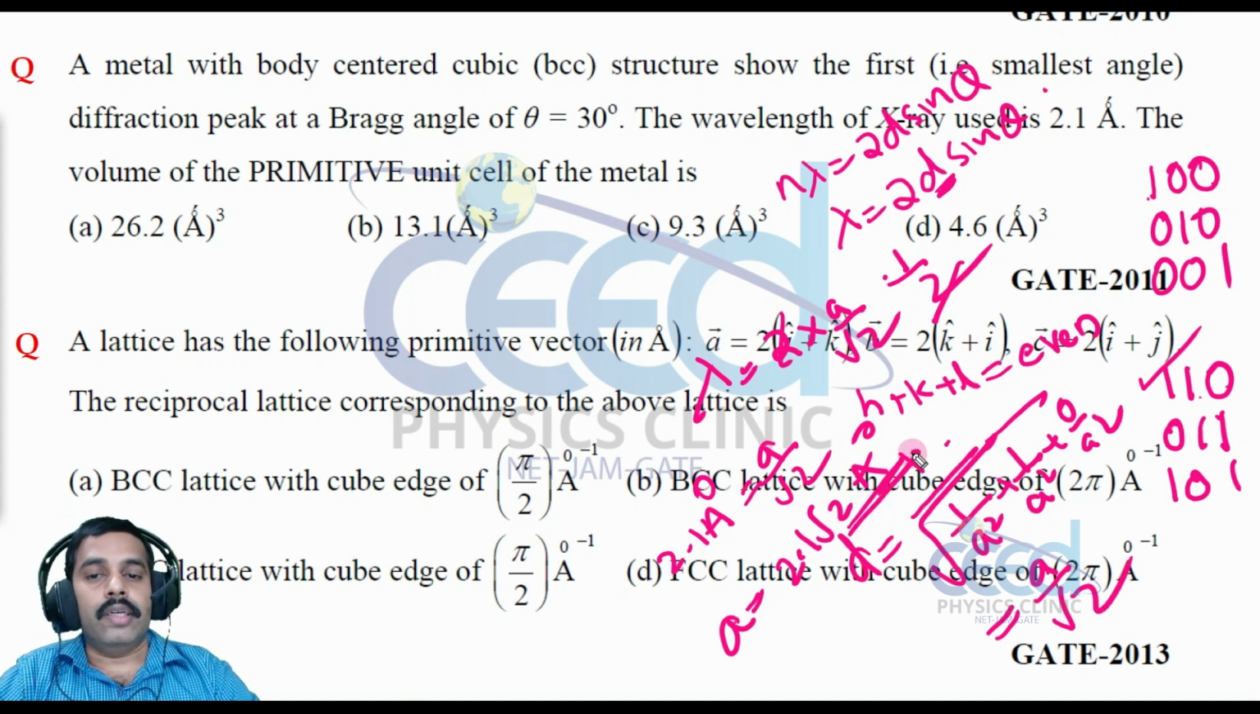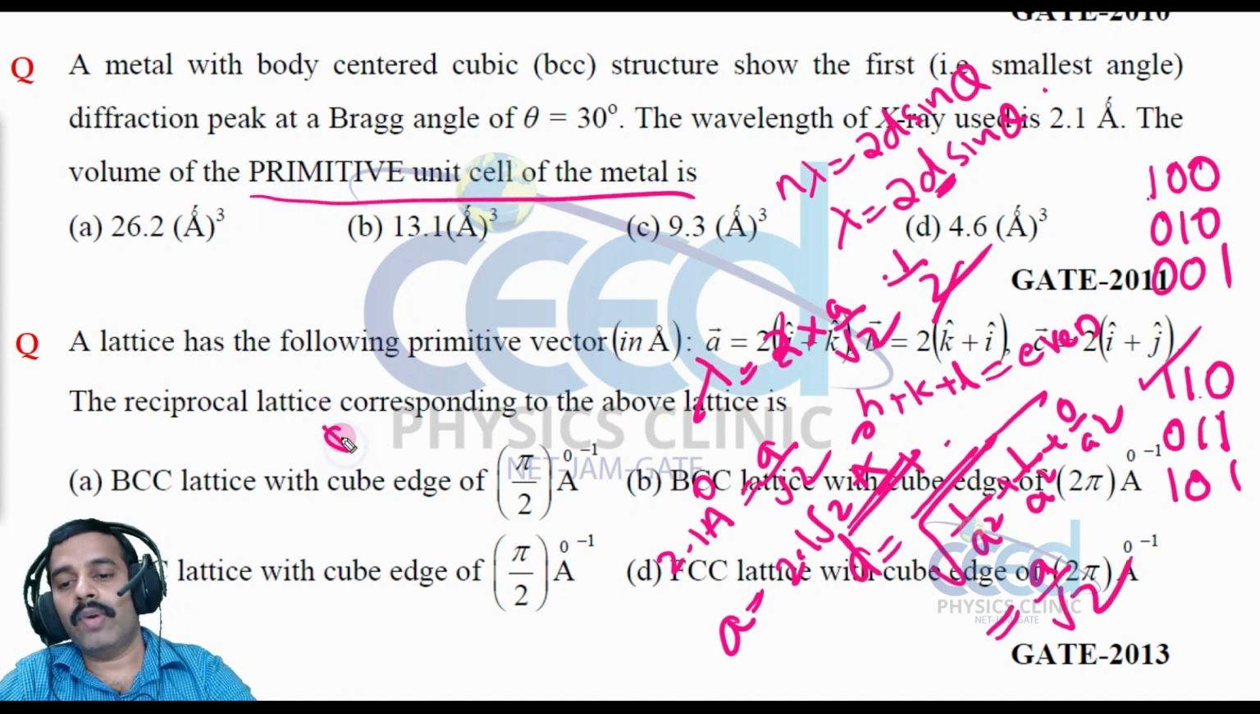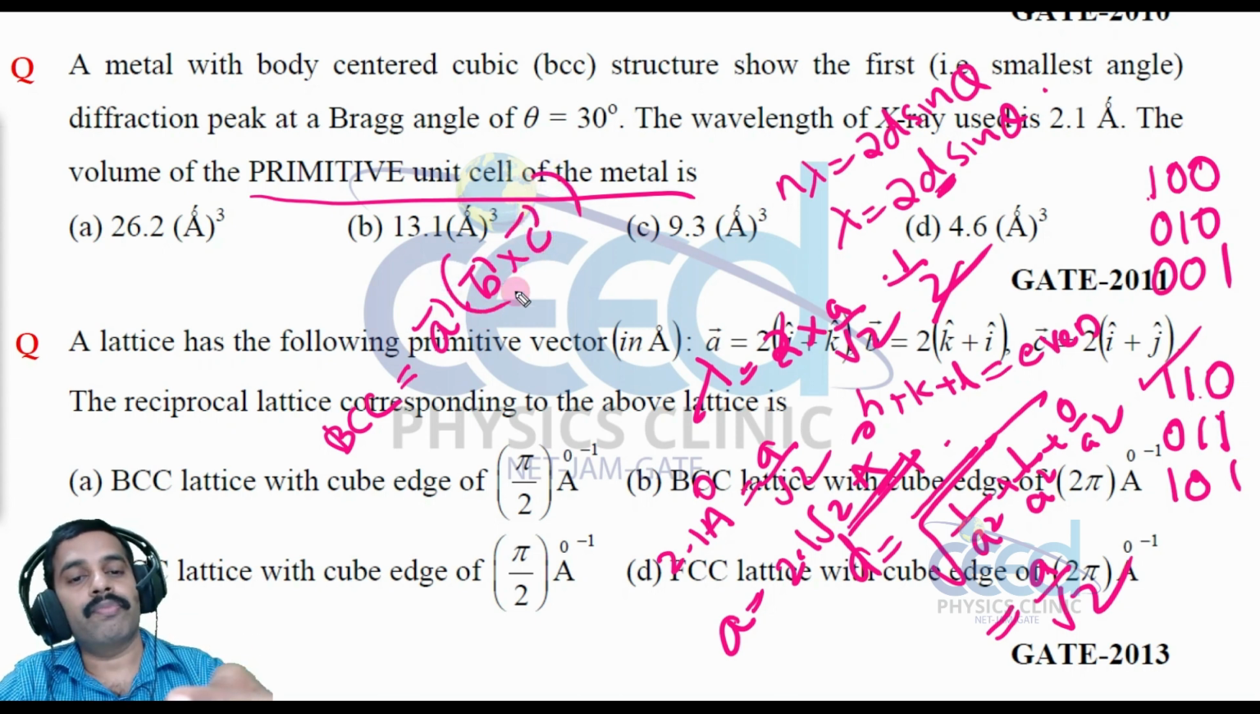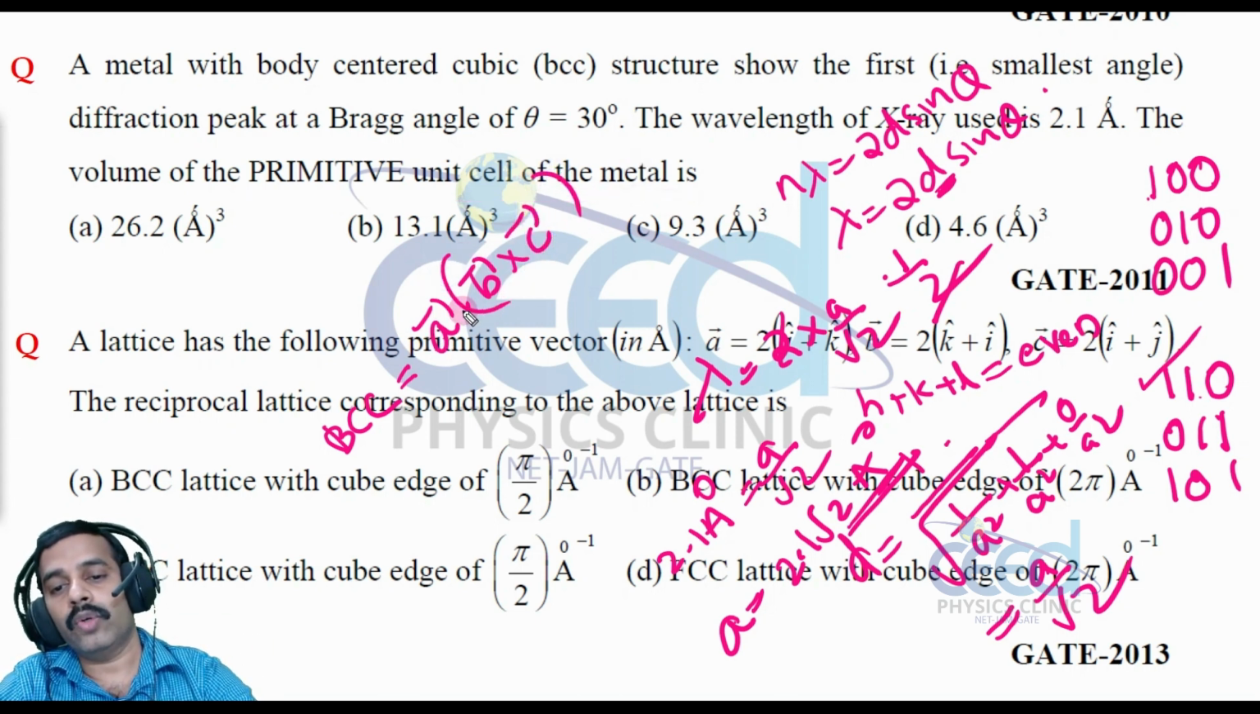So once I get this a value, we can find out the volume of the primitive unit cell. This also we have studied. In BCC, what is the volume of the primitive unit cell? We have already studied the BCC primitive lattice vectors, right? The volume is A dot B cross C. We can find the volume using this formula, A dot B cross C, where A is equal to a by 2 into